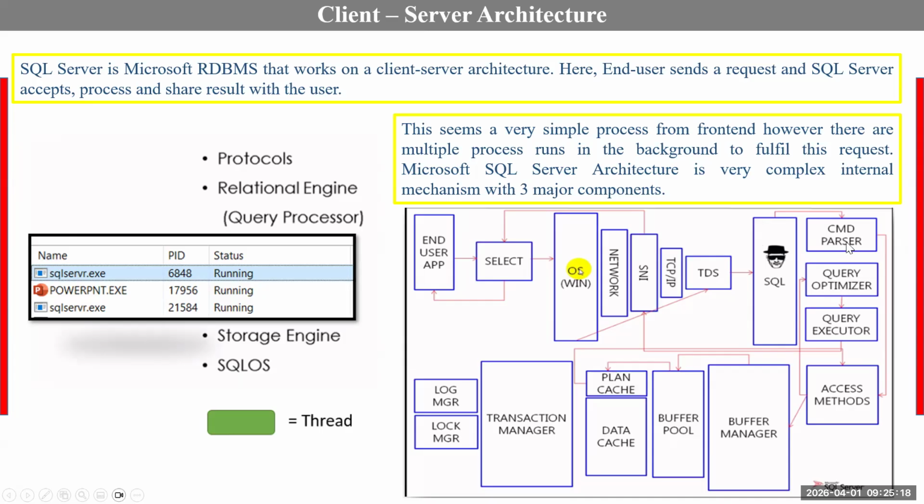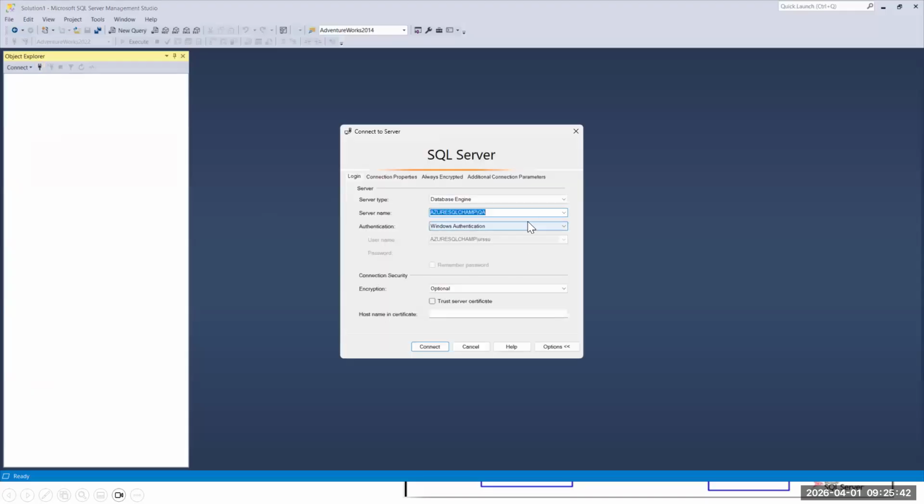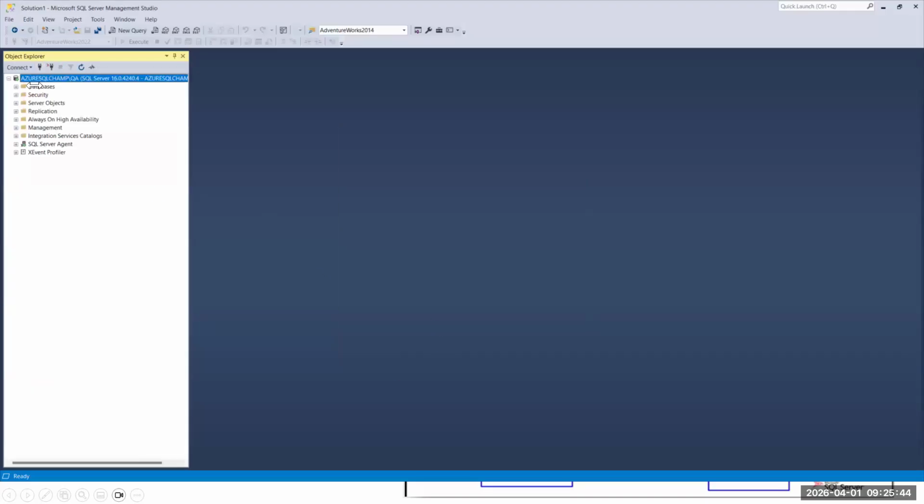First, the command parser. Once it enters the database engine, under it you will see the relational engine, and under the relational engine there are three components: command parser, query optimizer, and query executor. First, we'll discuss the command parser. Under the command parser, first it will check the syntax.